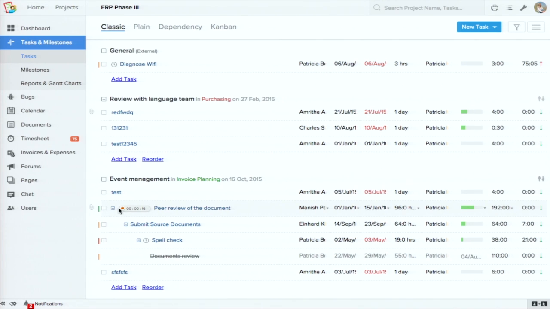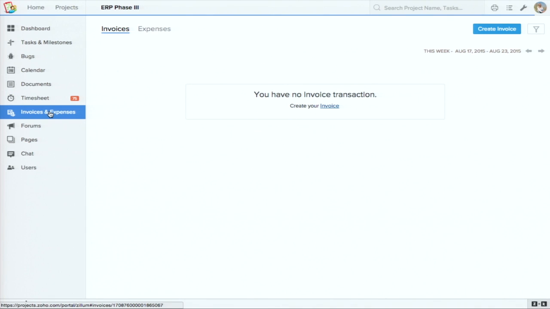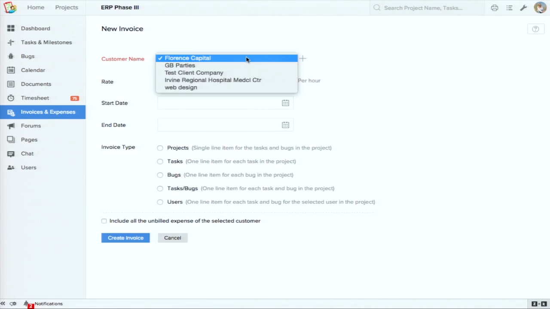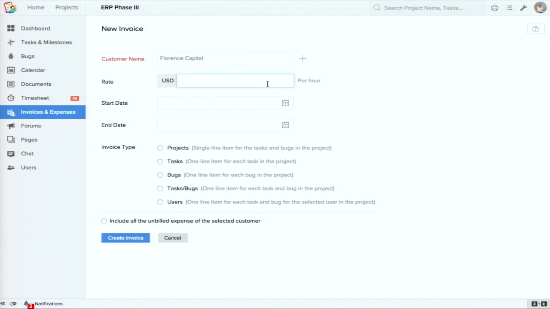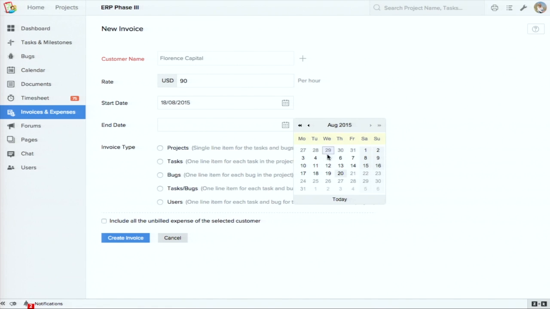Let's say you log your time, go to your timesheet, and then you want to quickly create an invoice. What do you do? How do you do? Just go to the invoice section and say, create an invoice. Select the customer name. Select your rate. Just put in some value. Select the start date and the end date.